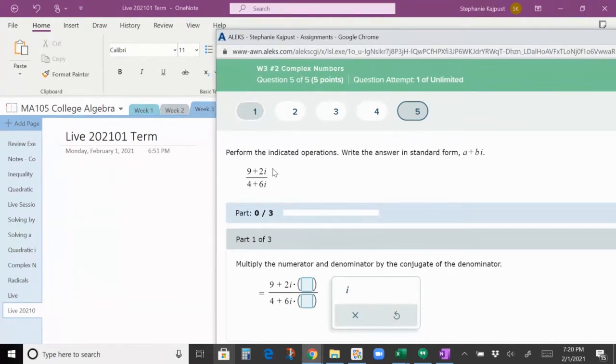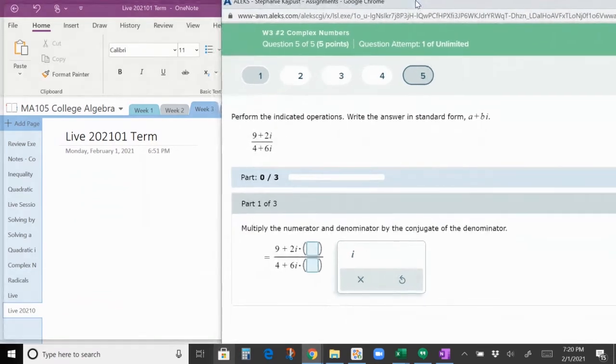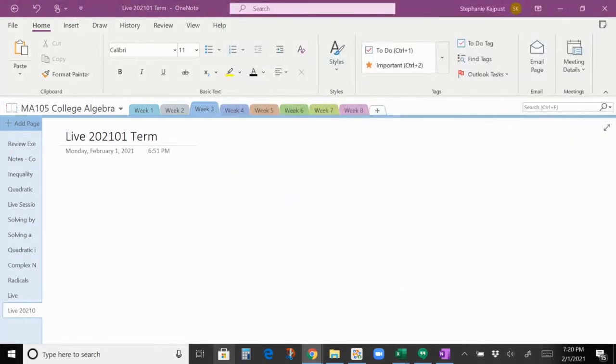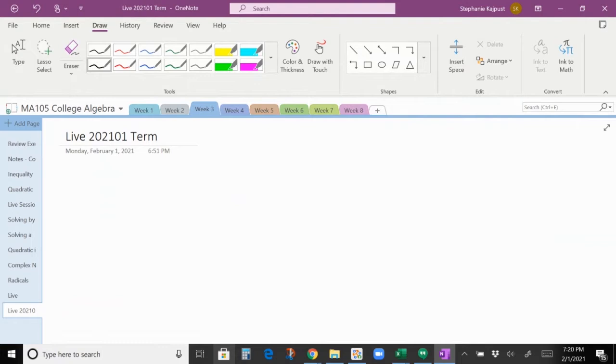So we've got complex numbers in a fraction, and this is one of those multi-parts to kind of lead you through the steps. So we've got 9 plus 2i over 4 plus 6i. With complex numbers, we don't like to have complex numbers or i basically in the denominator. We want to keep it in the top of a fraction. And so it says perform the indicated operations. What it's actually asking us to do is